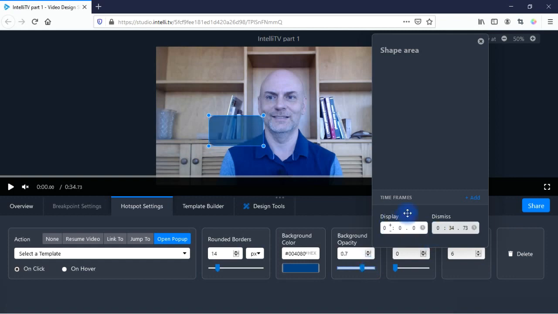And then here, this allows you to set the time frame, so you can set the time frame when you want to start on this particular video and then when you want it to end. So, right now I haven't touched anything, so it displays for the whole video. And then